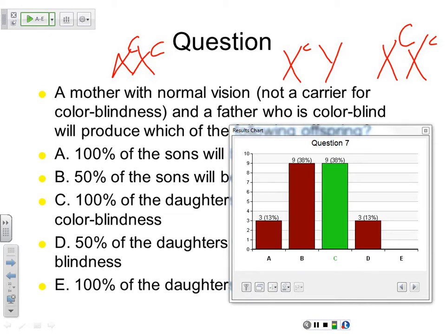Okay, so that's the answer right there. 100% C. Did you see how we got that right? It was a bit challenging, but yeah, you know. Once you learn to use the Punnett square, it's really easy to determine the probability of inheriting these genetic traits, whether they be sex-linked or normal, non-sex-linked traits. All right? So 38% this time. Okay, no problem.